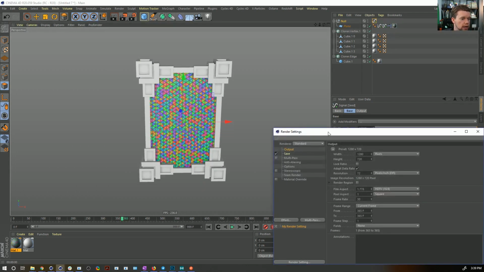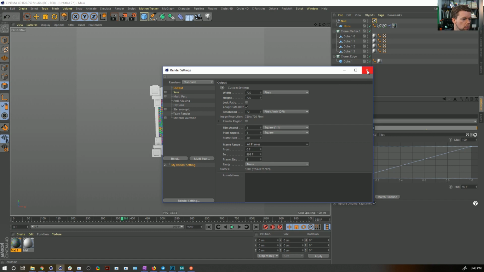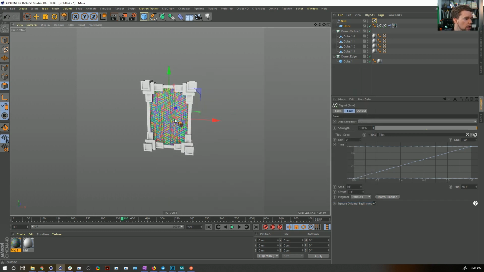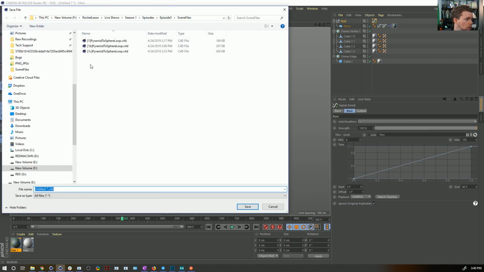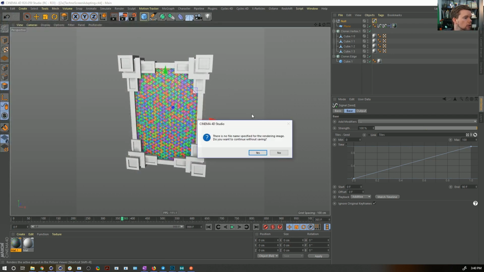Now we're not going to be able to see that unless we're rendering. So let's go ahead and drop down the resolution there. Turn off the preview. Do all frames. And we haven't saved this yet, so we should probably do that. Let's make it number 2A, techno screen adapting. Okay, so if we send this out to the picture viewer,